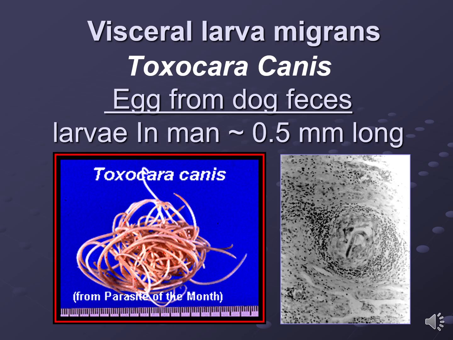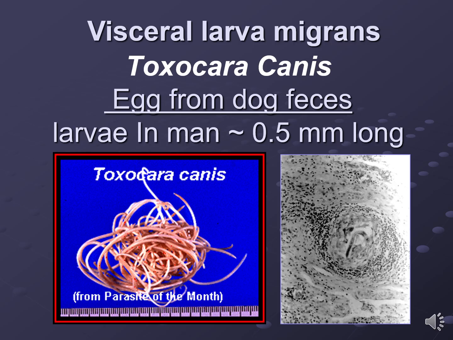Hence the entity of visceral larva migrans. So it will migrate in the viscera, in the abdomen. Those are the larvae of Toxocara canis, and they would be migrating continuously because they don't know how to find their destination, which is usually the blood vessel. And on the right hand side, what you see here, a picture in black and white, but you can easily appreciate the larva in the center of that circle actually, and that circle is made up by tiny dots, which are the darkly staining nuclei of the white BCs, and you can appreciate the high magnitude of inflammation